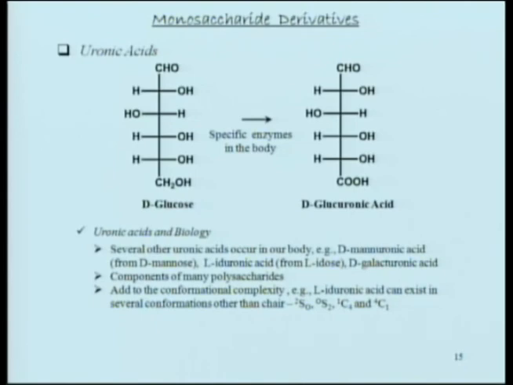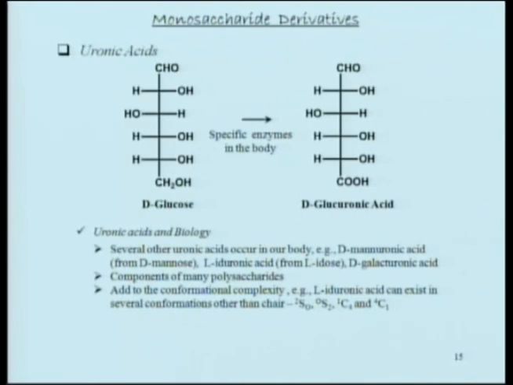For example, you can have mannuronic acid or galacturonic acid or iduronic acid. And notice the difference: iduronic acid is derived from L-idose. So this is one of the important L-series carbohydrates that is actually present in nature. Not only that, the interesting part is that iduronic acid, especially L-iduronic acid, exists in multiple conformations. Not all of these are populated to the same extent. These conformations are typically referred to as 2SO or OS2 or 1C4 or 4C1. In this case, C is the chair.